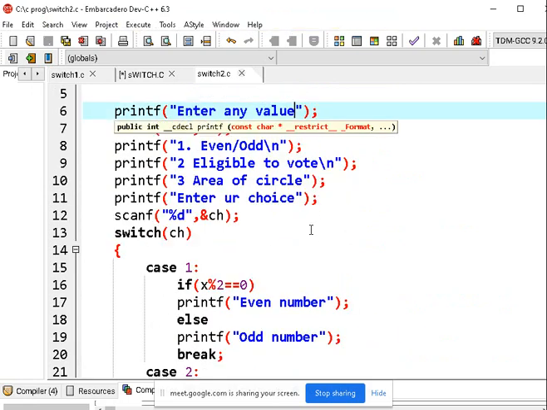So all these programs, the entire notes and the programs, I'll share with you. So you just make a note and write all the things in the program, in the notes. Tomorrow we'll go with one more topic, that is control statements, loops. That will be the next topic we are going to discuss. That is a very important topic. Till now we have seen all individual topics. From now a bit critical topics are going to start. So please concentrate and please revise the topics you have learned previously. You just try to write the programs. If you are finding any difficulty in writing programs, please feel free to contact me. Okay, thank you.